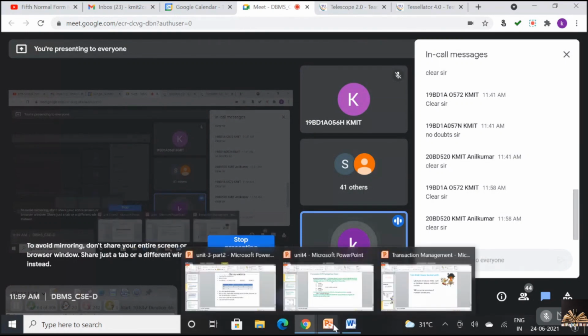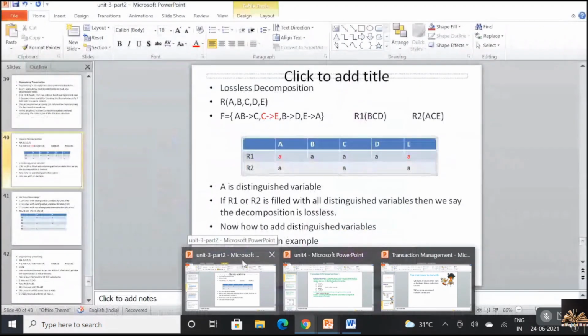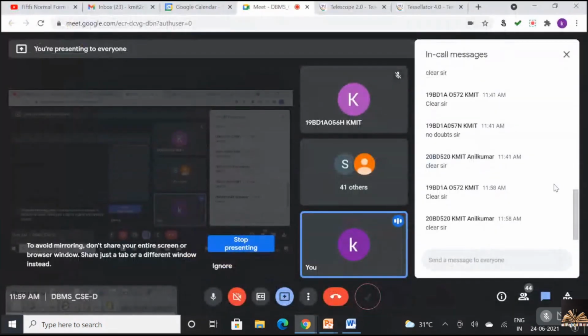So fine, ma. This is about your unit 3. You're done with unit 3. If at all you have any questions, you can ask me, ma. I'll just give you 2 minutes so that you can have a glimpse of whatever you have gone through in the 3rd unit. Just go through the 3rd unit for 2 or 3 minutes, and then I'll start off with the 4th unit. You can ask me any questions if at all you have any.